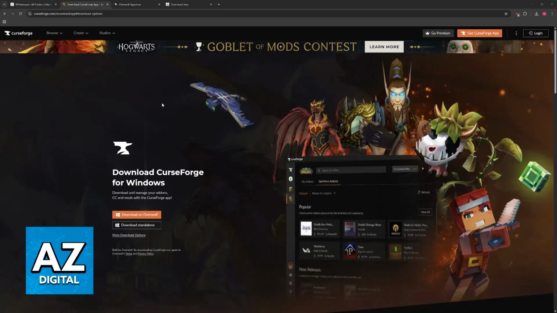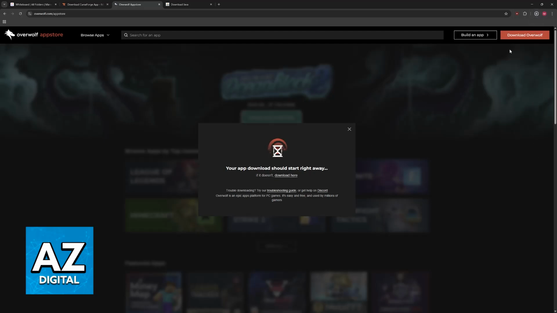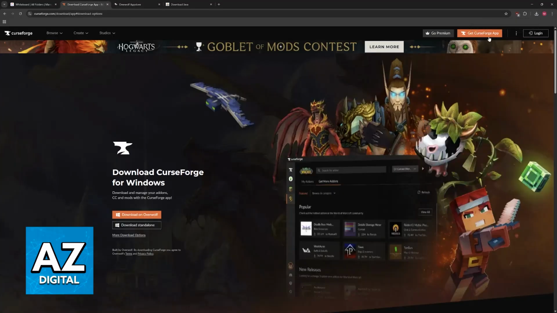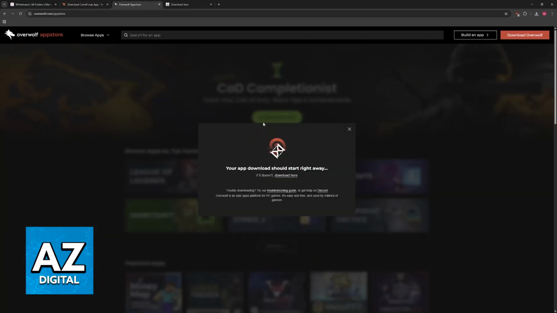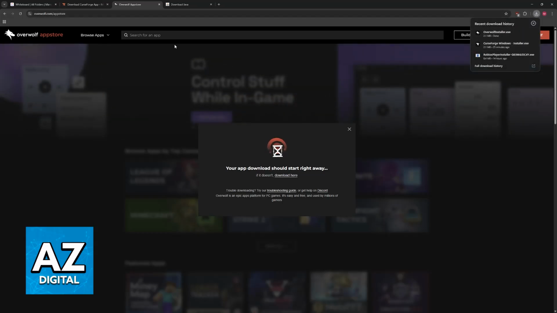First of all, if you are using it alongside Overwolf, it is especially important to always keep Overwolf up to date. So if needed, go to the Overwolf website and make sure that you download the latest version of Overwolf. When you download CurseForge, you have two options to get the app. You can download it on Overwolf and download standalone. So if you chose the option to acquire it on Overwolf, you also need to update it as well. If Overwolf is outdated, then nothing will happen with CurseForge. So always update both if needed.